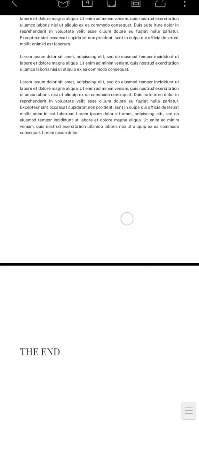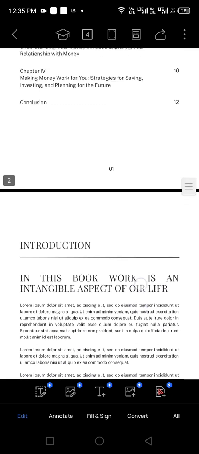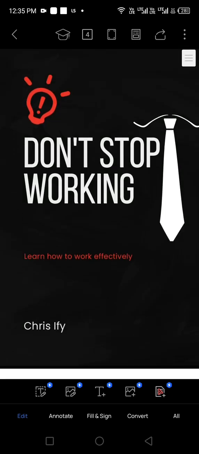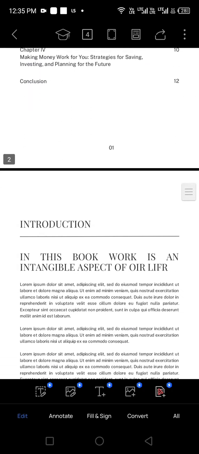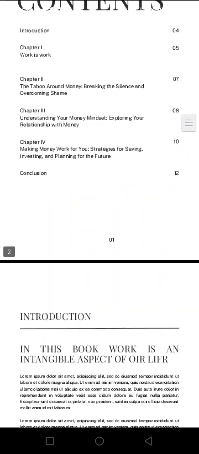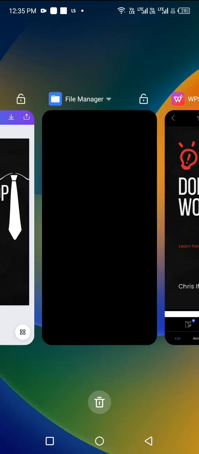As pure and as beautiful as it is. I can decide to sell this ebook now and make my money. Assuming I put good content inside this ebook, I can decide to use it and make money. Okay, so ladies and gentlemen, this is how you make a professional ebook using